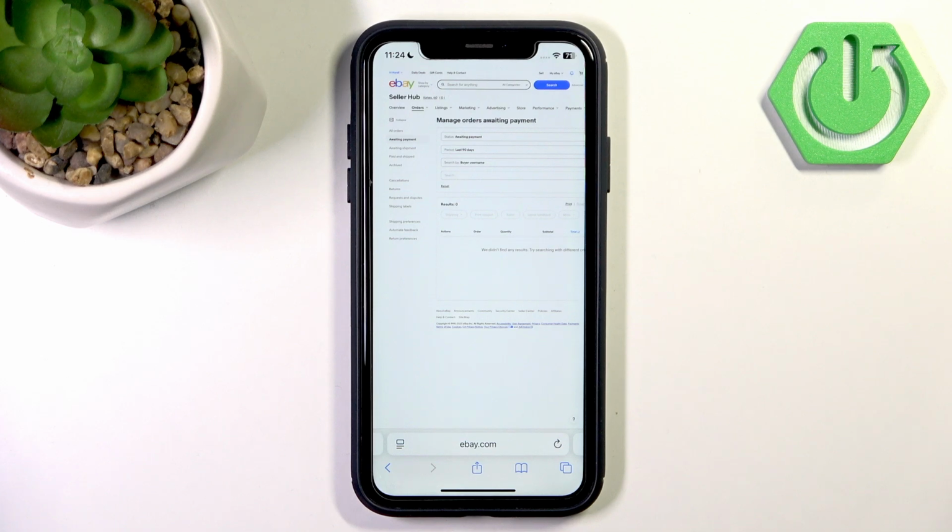and on the next page check the item price, shipping cost, and you can even write message to buyer. So this is a little note, and then hit the Send Invoice button. It is usually a blue button at the bottom of your screen,